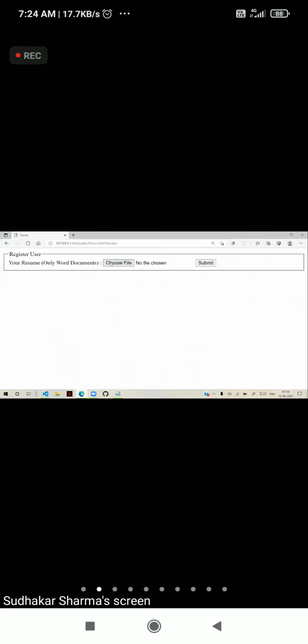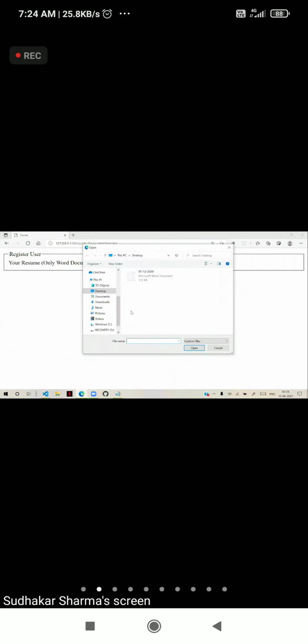And when I click here, on my desktop you can see there is an option custom files, and only Word documents will be displayed in the list, not other files.